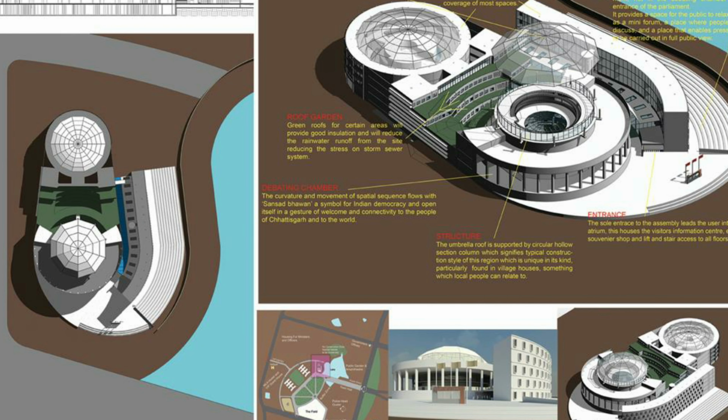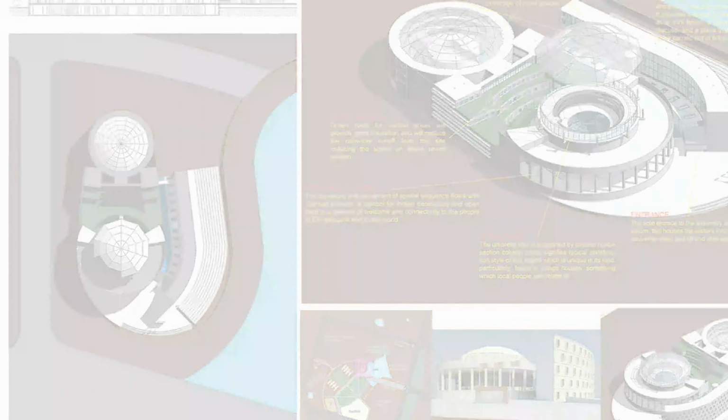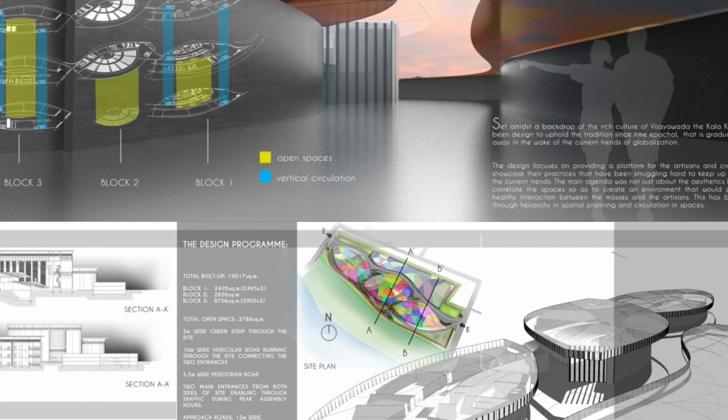Another point is SWOT analysis. In the SWOT analysis, we analyze strength, weakness, opportunity and threat. Strength means where the land is located, whether it has airport accessibility, and whether it is easily accessible by road and public vehicles. This kind of thing can be the strength of the site.